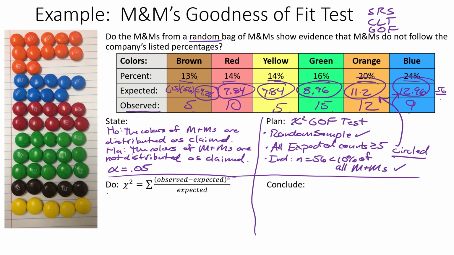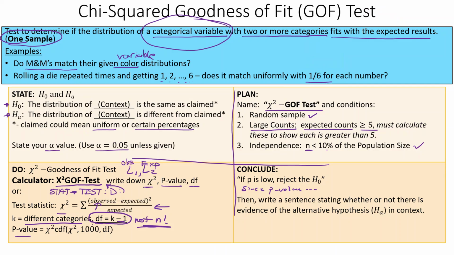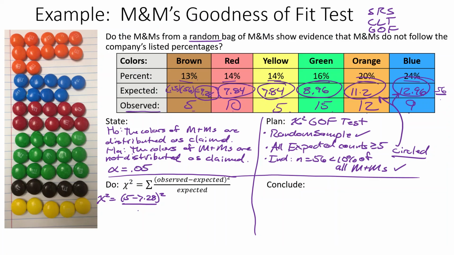All right, we could calculate the actual chi-squared, and we could say chi-squared is equal to the difference between these, observed minus expected, so 5 minus 7.28 squared over, let's see, was it expected or observed? I think it was over expected, right? Yep, over expected, expected on the bottom. So expected is the 7.28